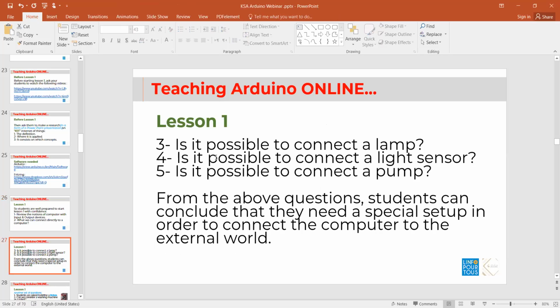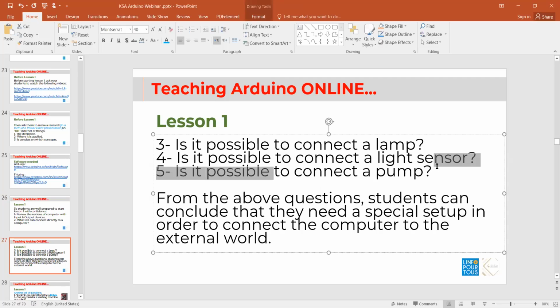And then after, you will ask the question: is it possible to connect a lamp or a LED? Is it possible to connect a light sensor, a temperature sensor, an ultrasonic sensor? Is it possible to connect a pump, a water pump, or a motor? Of course, the answers will be no, I can't, but of course I can connect the mouse, printer, and so on. From the above questions, students can conclude that they need a special setup in order to connect the computer